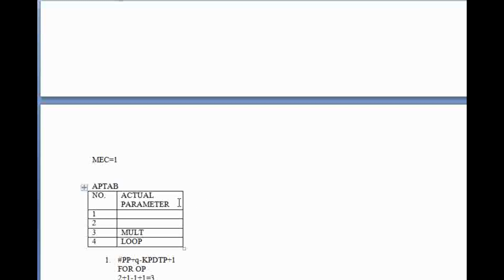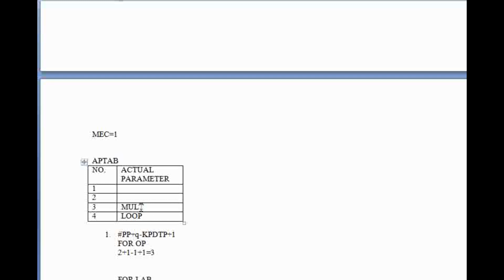If it is written as op is equal to add in our macro call, then this mult has to be overwritten. But first you have to find the position for mult using the formula #pp plus q minus KP dpt plus 1, which turns out to be 3. So mult can be overwritten by add.